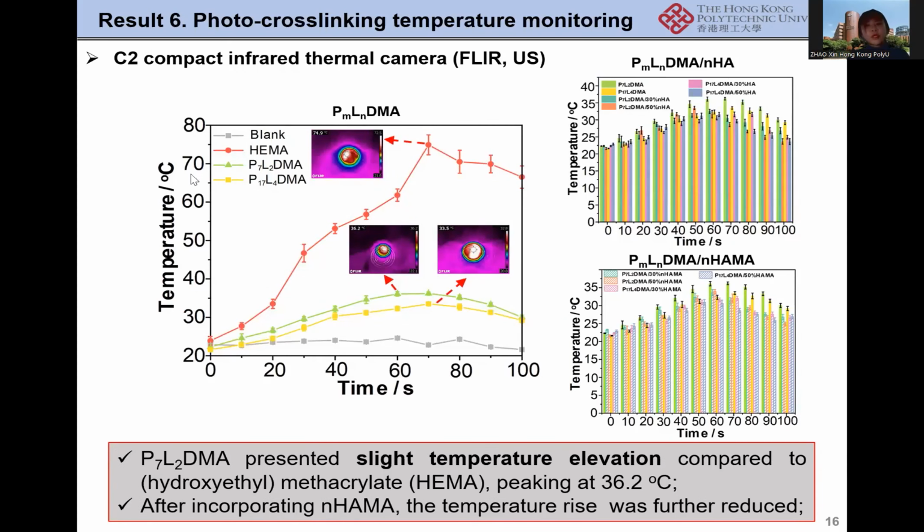And this is also something very important. Conventionally, when we are using this kind of photo-crosslinkable polymer, a lot of times we are using HEMA. If we cross-link the HEMA, we can see that the temperature will increase to about 70 to 80 degrees C. Whereas when we are cross-linking our polymer or composite, the temperature will only increase to about 36